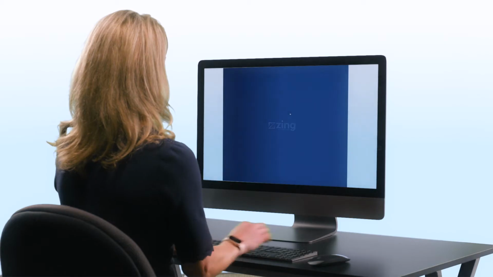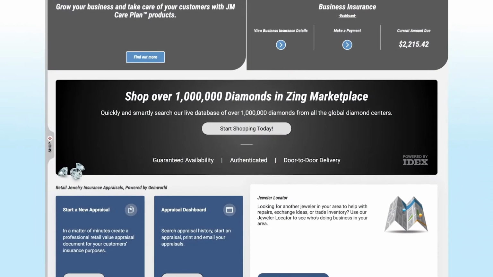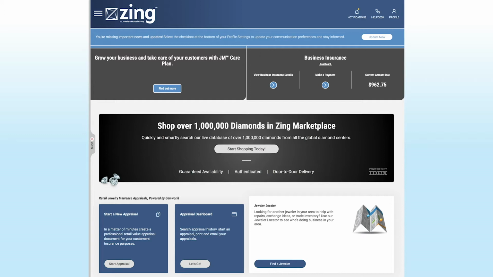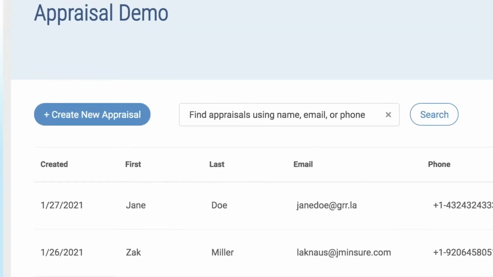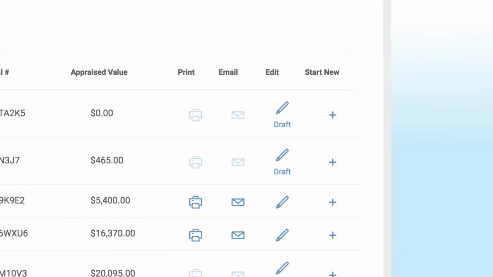After you've created your Zing platform account and your Jewelry Appraisal Solution module has been activated, log in and navigate to the feature on your dashboard. We'll click Let's Go to view our appraisal dashboard. Here, you can start a new appraisal, search your appraisal history, edit an appraisal, and print and email appraisals for